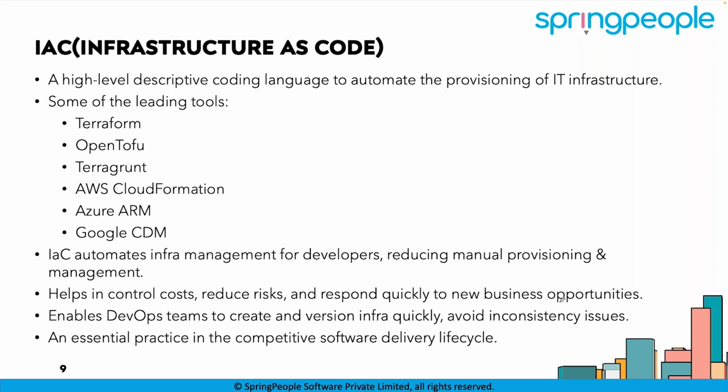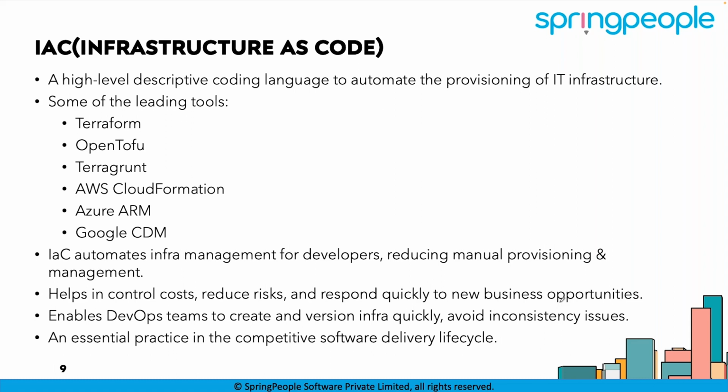AWS has their own proprietary infrastructure as code, which we know as CloudFormation. You can write code very much similar to Terraform, using their own way of YAML code, yet another markup language. And they have their own libraries, they have their own parameters. Accordingly, you can write a CloudFormation template. Azure has their own way of doing it with ARM templates. Google has CDM. But the problem, I don't say a problem, the limitation of CloudFormation is